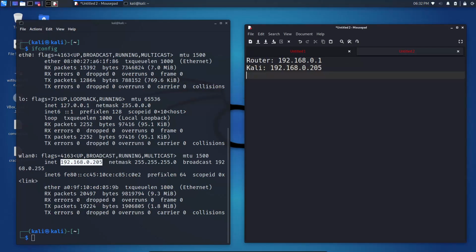So now, if you may see, there are some similarities. The IP address starts from the same digits, that is 192.168.0, and then we have some digits here, which can be anything. It could be 1, it could be 2, or it could be 205. So as you can see, the starting addresses are the same. So we can assume that the other devices on the Wi-Fi network would have addresses of something like 192.168.0.2,